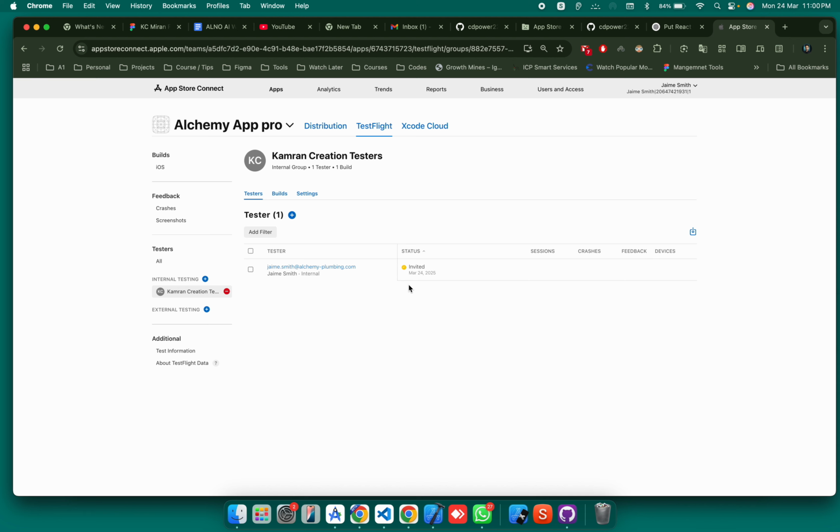They have to open the email, and there is a notification to view the TestFlight invite code. Then they will click on that email, and then they have to go to the iOS store, and there they have to get the TestFlight app. After getting the TestFlight app, they have to open it, and there they will see a button to redeem the invite. They have to paste the code that they got from the email in the TestFlight app, and then they will get the app to download on their iOS device, and then they can test it there.